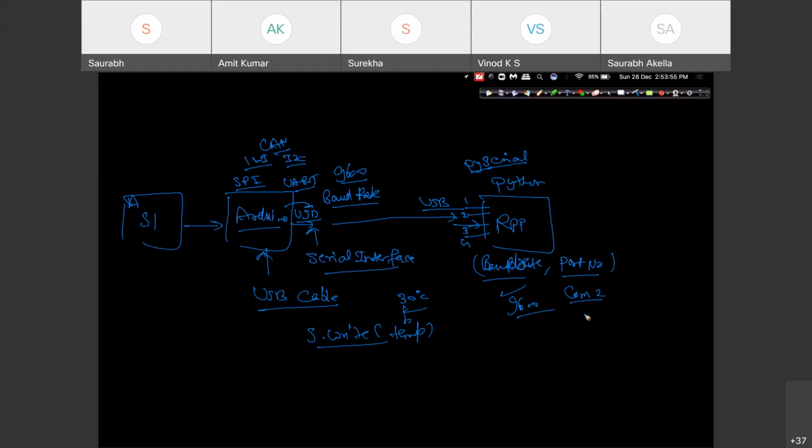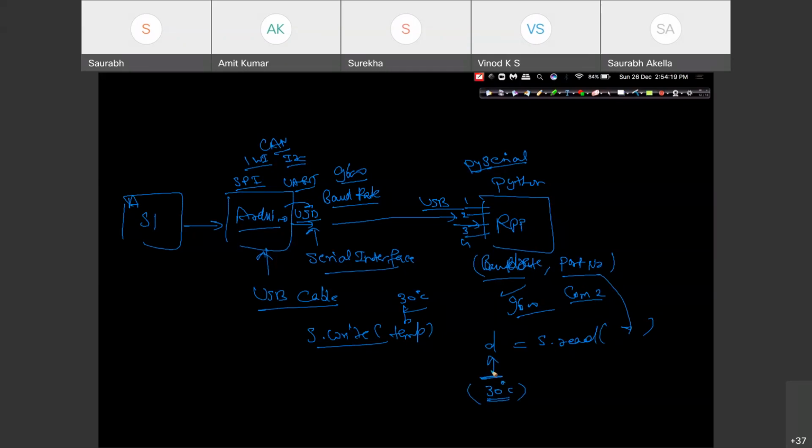Now you'll be receiving with this command called PySerial serial dot read, from these two settings, at this baud rate, and the data will be received in this variable D. Now you would receive this data, meaning 30 degrees. You will have D with this value available.